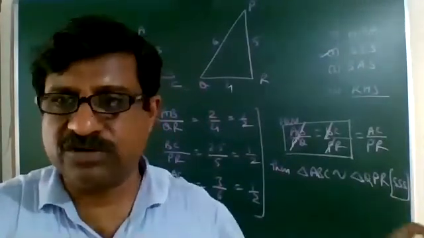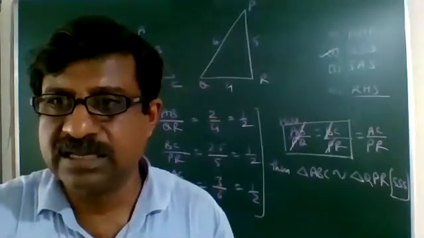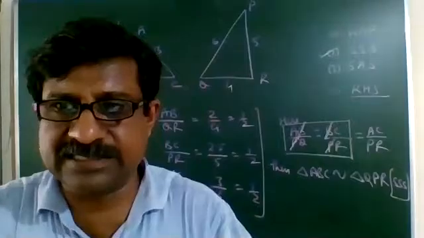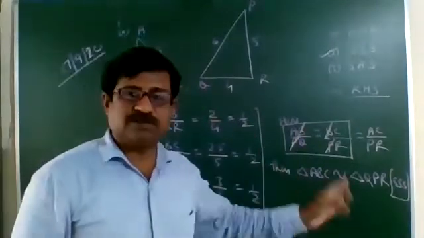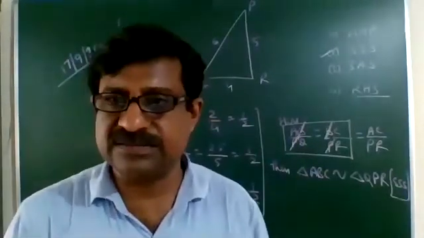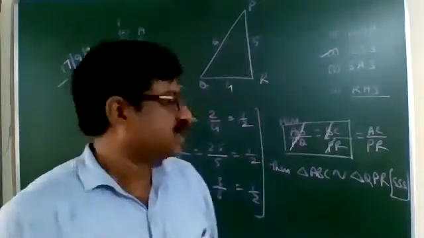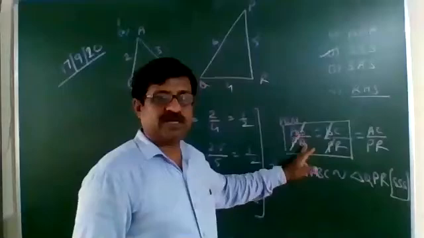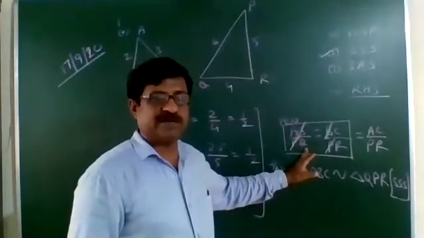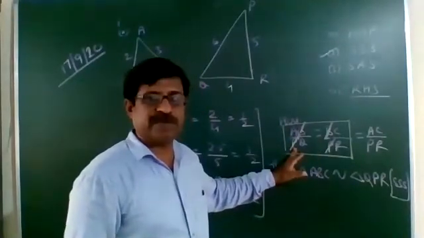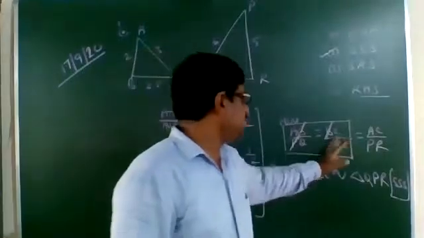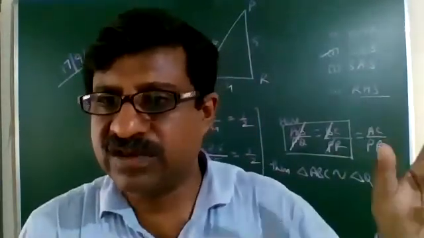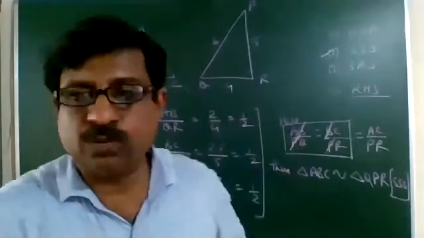Expecting you understood in what way we showed the triangles similar. The main thing is to find the ratio of two of the sides. Whichever is possible to cancel in the first two ratios, cancel it, and replace one by one. A should be replaced by Q because A is not cancelled in the numerator and Q is not cancelled here. B should be replaced by P because B and P are cancelled. C is not cancelled here, R is not cancelled here. Therefore, C will be replaced by R. So directly we can write ABC is similar to QPR.